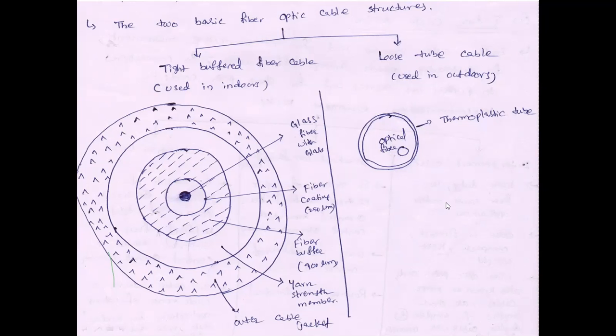Especially, I think almost all of you have seen these optical fiber cables. On the roadside, please check, they drill the ground and fix optical fiber cables. Before fixing optical fiber, a plastic tube is fixed in the ground. Once the plastic pipes are fixed, then you insert optical fiber cables inside the plastic pipe. That is loose tube cable, especially used in outdoor applications. I think most of you have seen this type of loose cable on roadsides and around buildings.